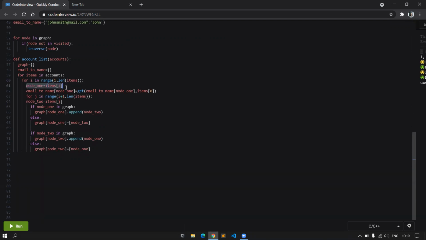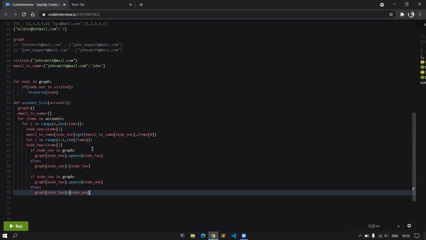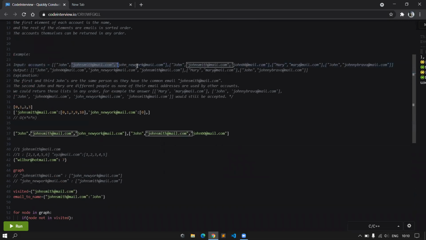What do you think the runtime of this part here is? From like line 59 to 73? Yeah, since in each of the individual lists in my accounts, I am iterating twice.